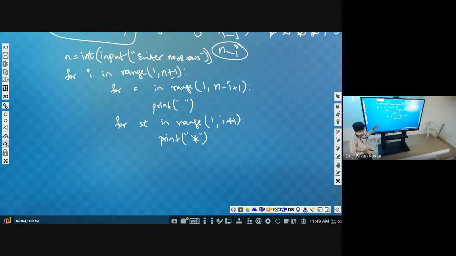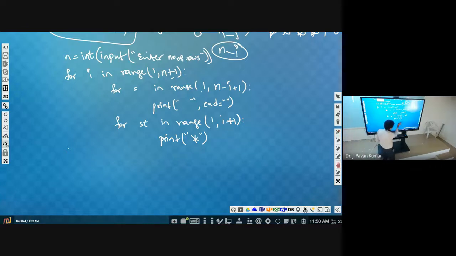Any other things? Yeah. So these two prints we have to update as print space, afterwards we have to end with these double quotes. That's it. Okay, double quotes, open it, close it, so that it will print in the same line.